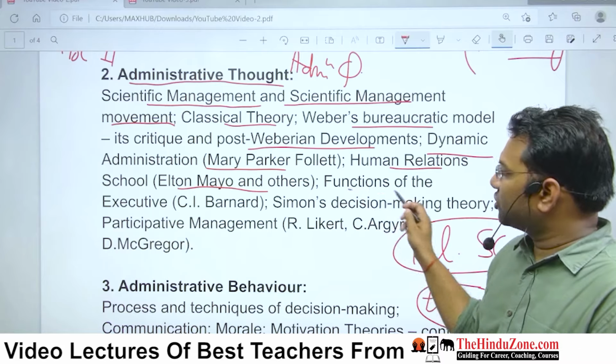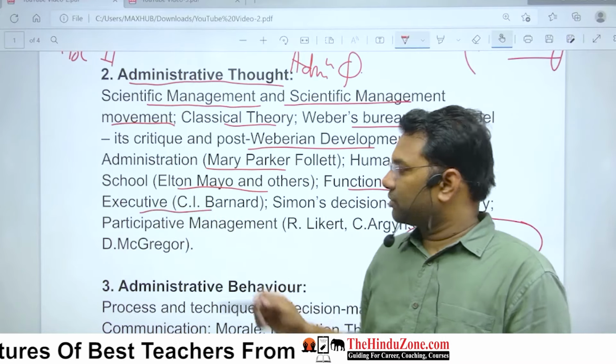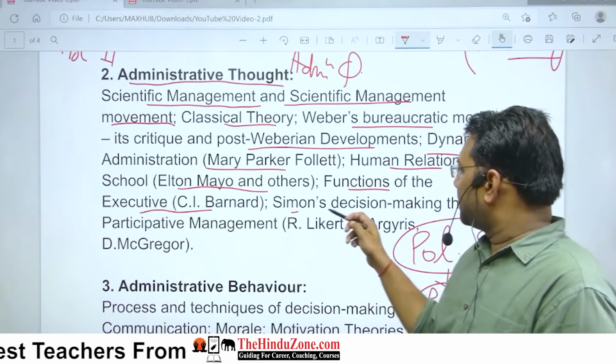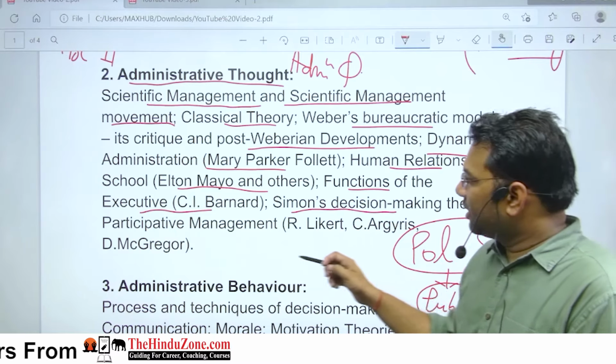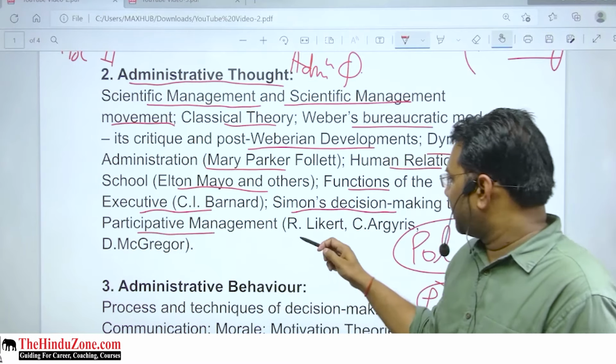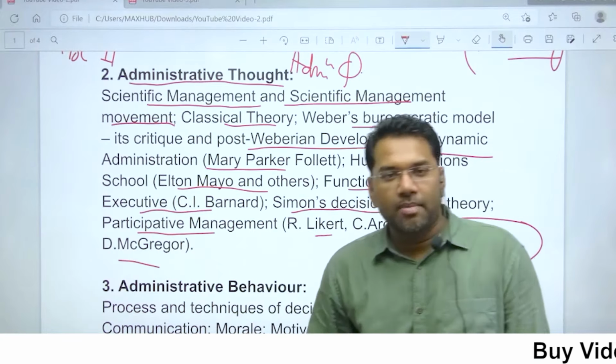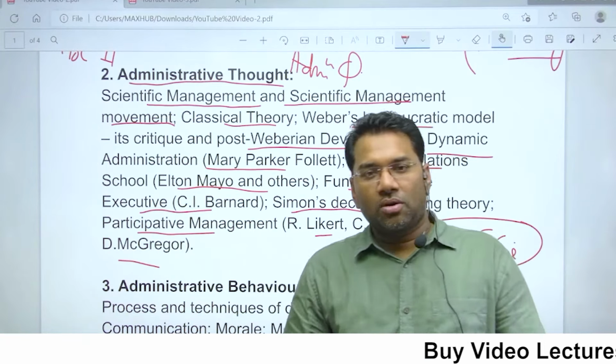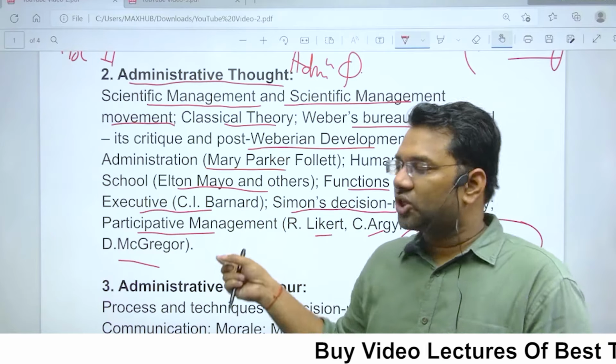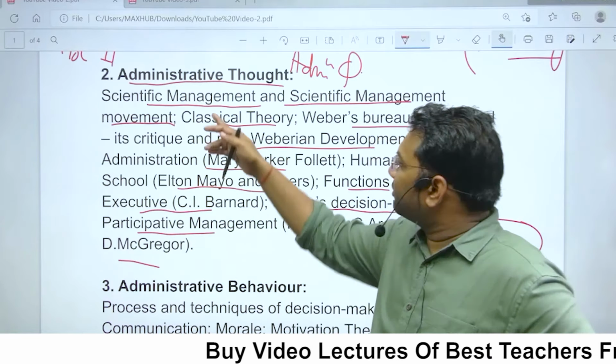Then we will have the functions of the executive, that is Chester Barnard. Then we will have Simon's decision-making theory and participative management by Rensis Likert, Chris Argyris, and Douglas McGregor, right? So very few names have been mentioned here, but we will